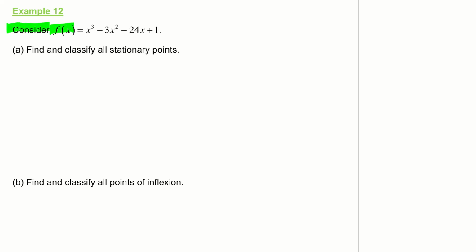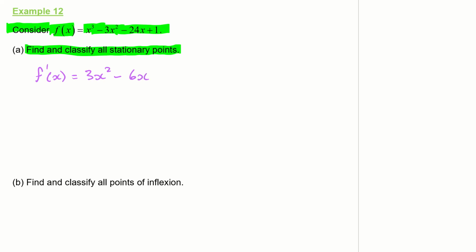Consider f of x is x cubed minus 3x squared minus 24x plus 1. Find and classify all stationary points. So, we have f dashed x is equal to 3x squared minus 6x minus 24. We need f dashed x to be 0 for stationary points, so we have 3x squared